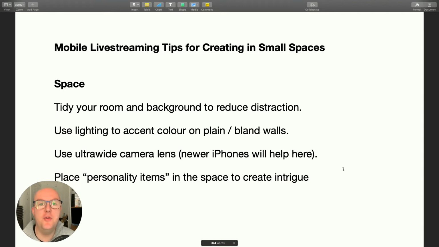We're basically going to run through, in very brief detail, how you can optimize a small space for your mobile live stream. So first things first, it's really important to tidy your room. Make sure it is absolutely not distracting. You could be seeing things like stickers on the walls, you might see some things on my shelves, things that might distract you but hopefully aren't too distracting as to be irrelevant